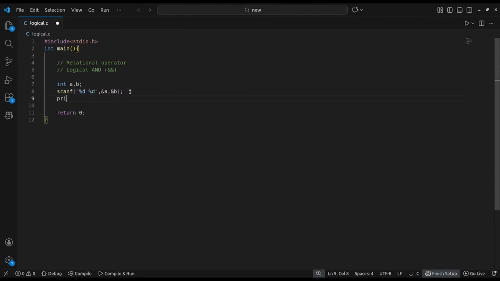Then we are going to use the AND operator between them. So it will return an integer value, right? Like 1 or 0. 1 means true, 0 means false. So what I am going to write here means my a should be less than b and it should not equal to b. My a should not equal to b, right? So if we run this,